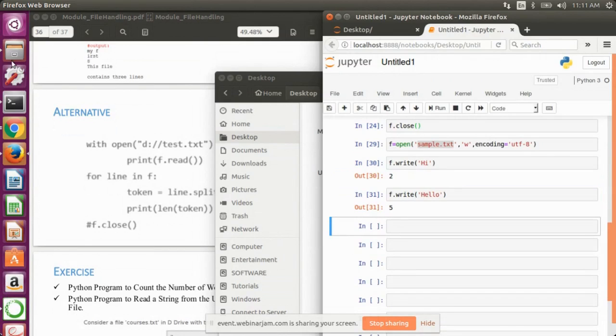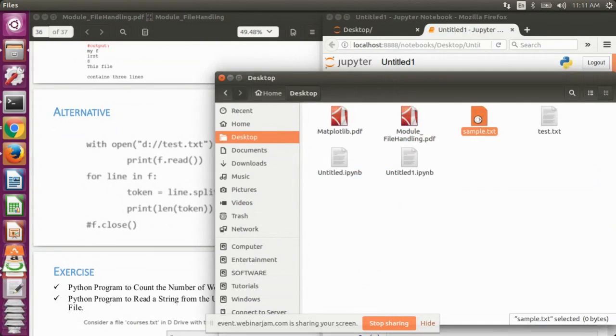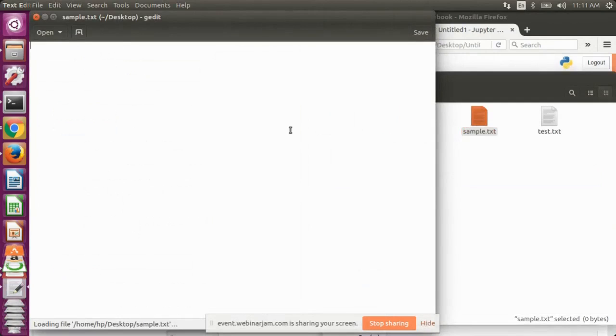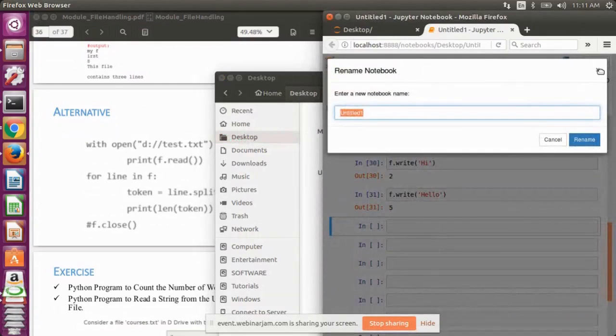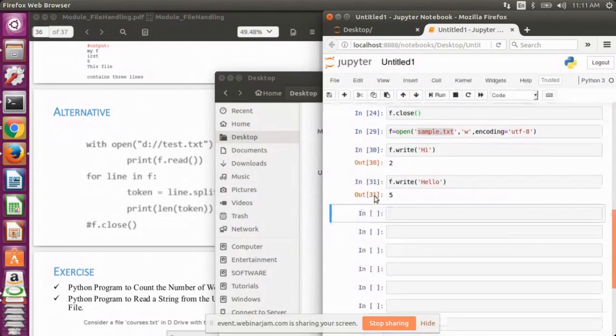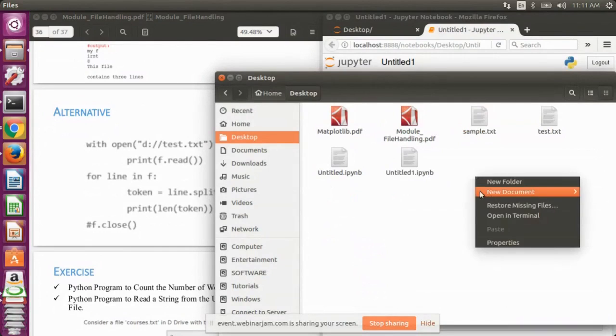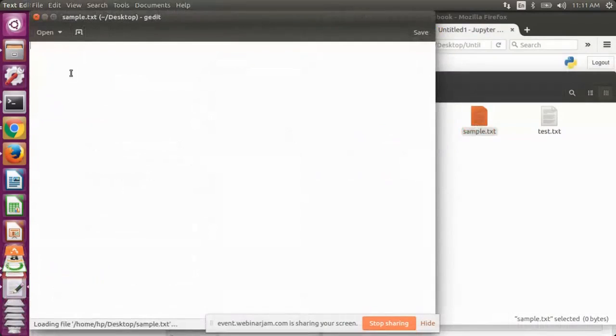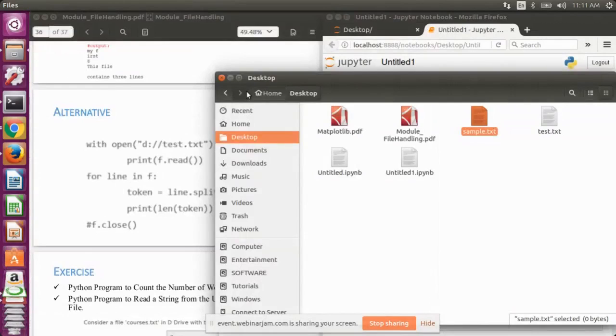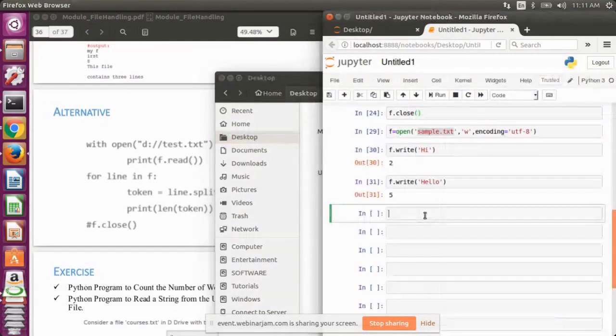Now if I see the content of my file, I have written hi and hello, but there's not written anything. Okay, let's first close this file and then see.